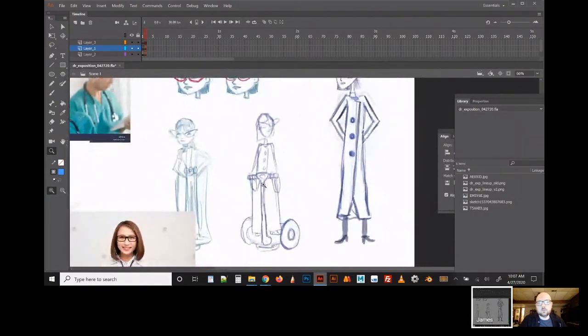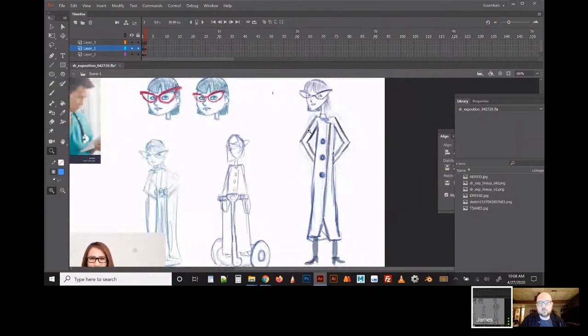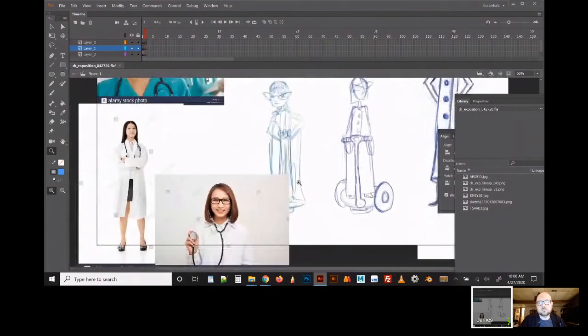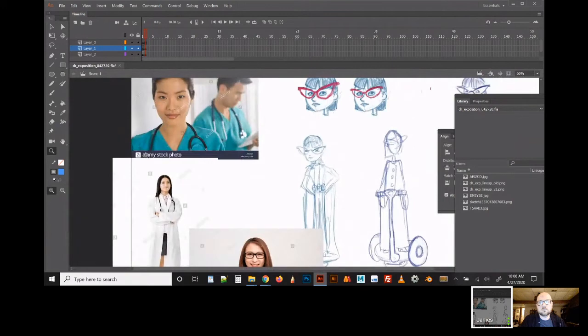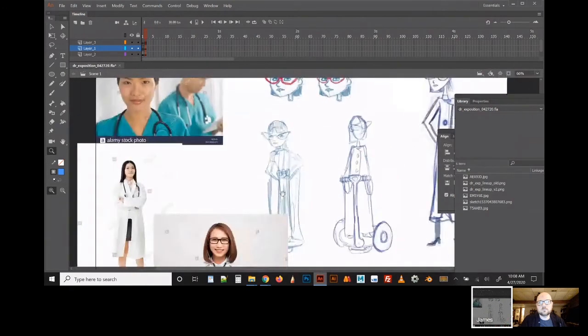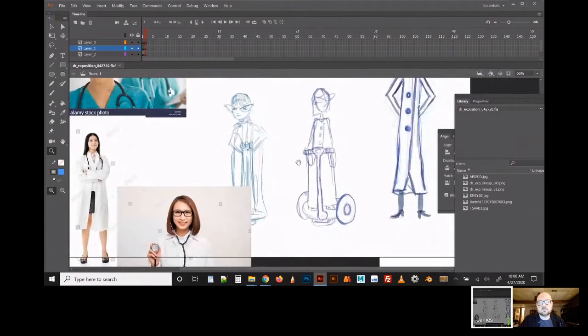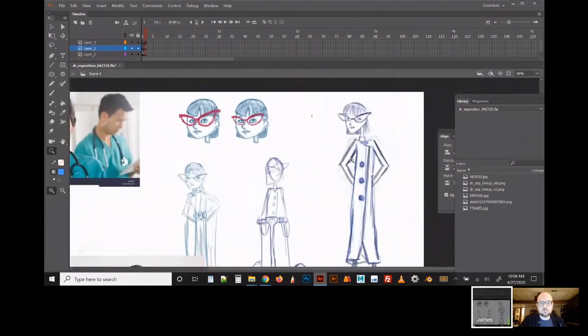And so we pretty much have her now, even though it's not fully designed yet. She's going to be on a Segway type of device as she enters Calamity's world. That'll be her mode of transportation, but this is going to be her design. A basic jack with 3 buttons. I also like to pull from reference, so I go to a stock photo site, whatever, and pull some Korean female doctor images to use as reference for when I'm actually going to draw her, and kind of go to town on seeing what I can come up with here for animation purposes.